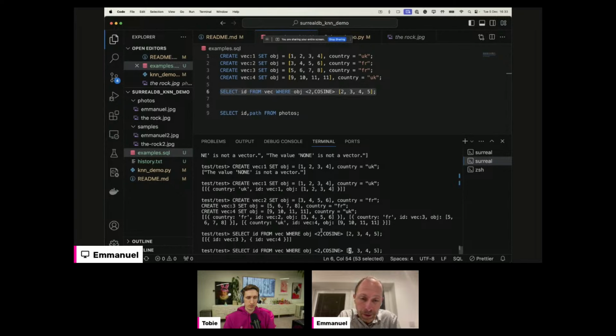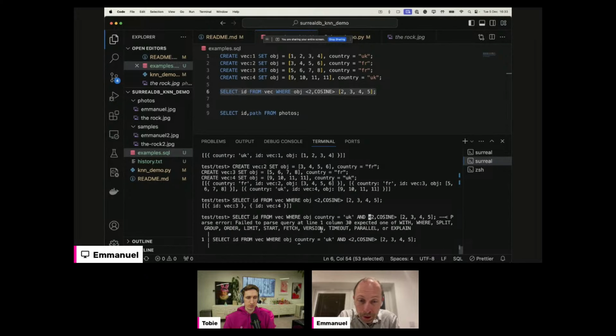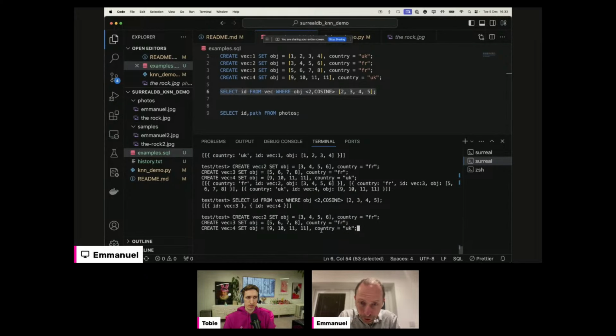So in this case, I can just decide to filter on country. I want only the ones in the UK, if they were profiles. And I can do that. Here we go.